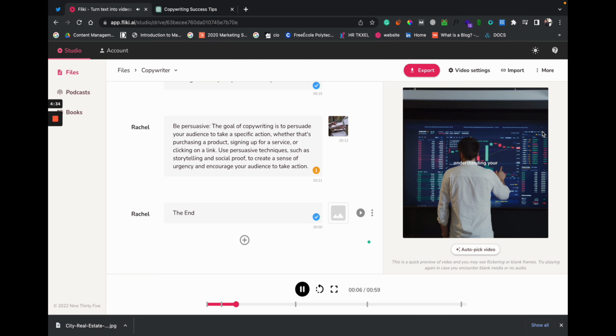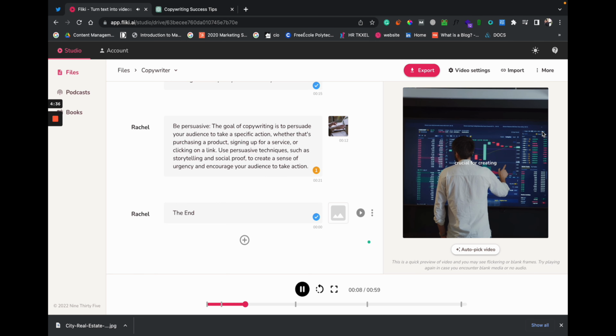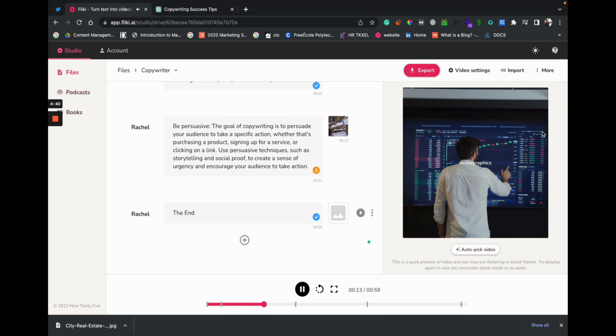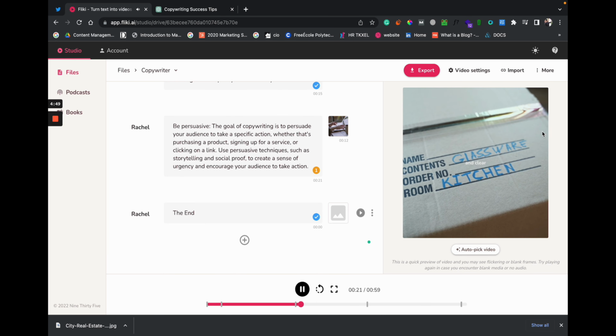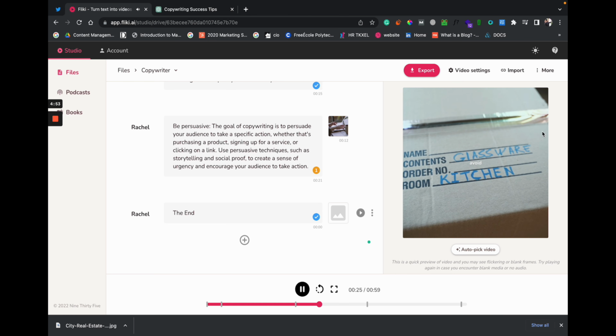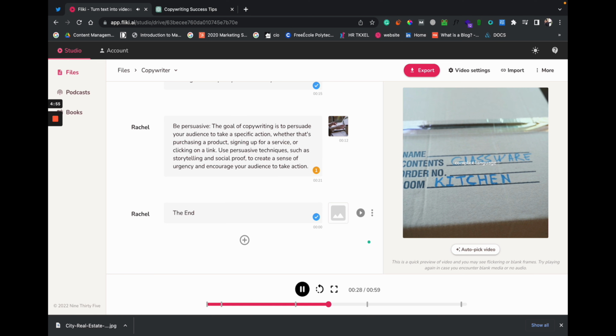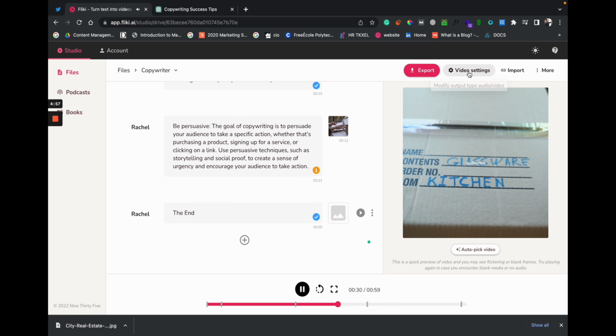Researching and understanding your target audience is crucial for creating effective copy. Knowing your audience's demographics, pain points, and interests will help you write copy that speaks directly to them and resonates with their needs. Keep it simple and clear. Effective copy is easy to read and understand. Avoid using jargon or complex language that may confuse your audience. Instead,